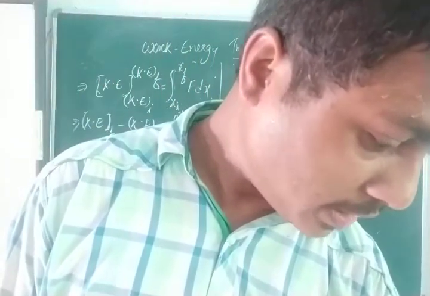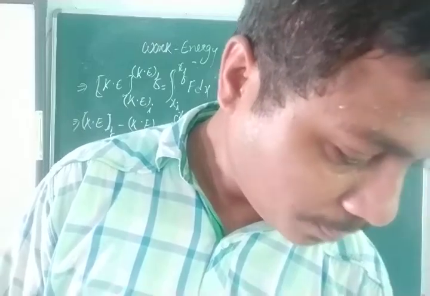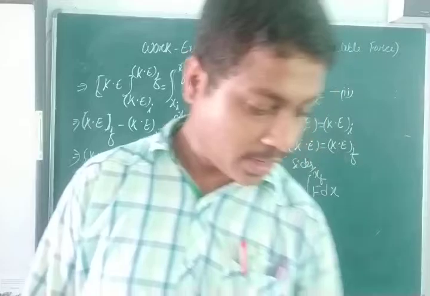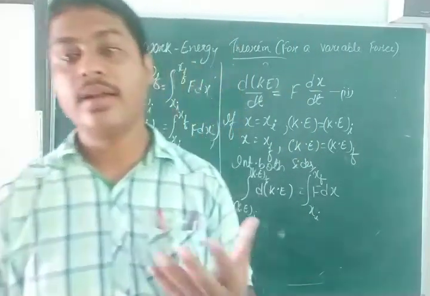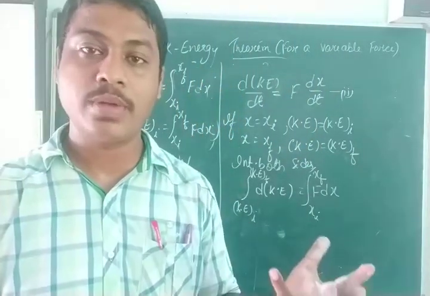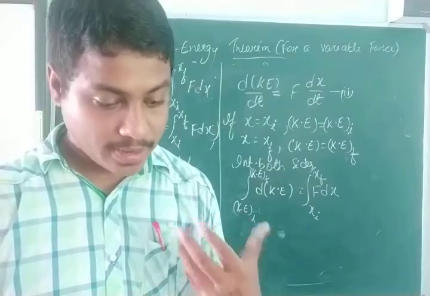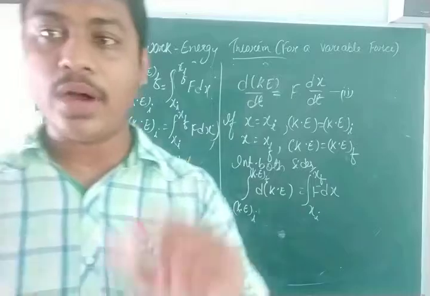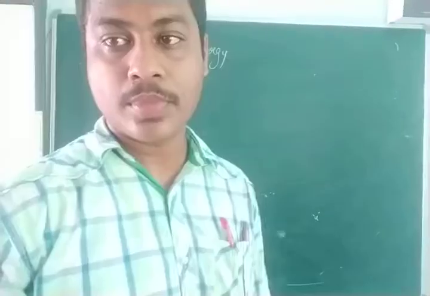Potential energy, as you already know, is energy gained by an object when the object is at rest or when a change in configuration of the body takes place. So that we call potential energy. Now, let me derive a formula for the potential energy.